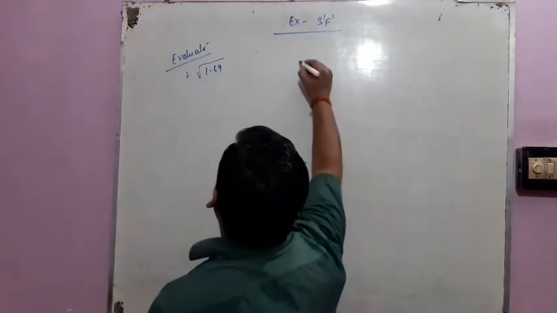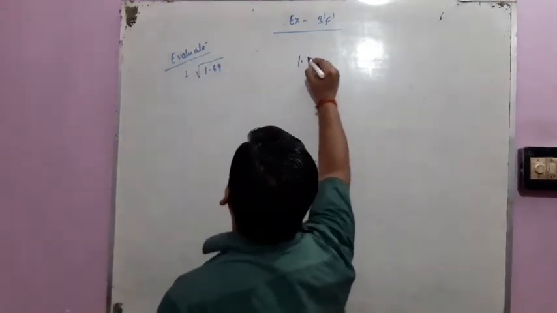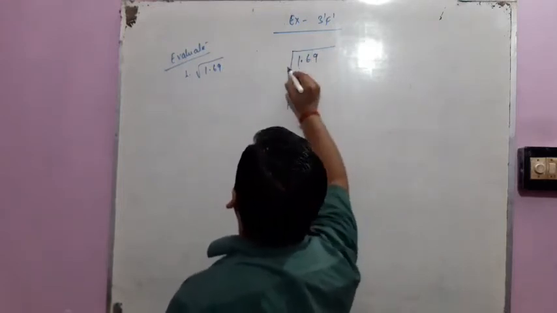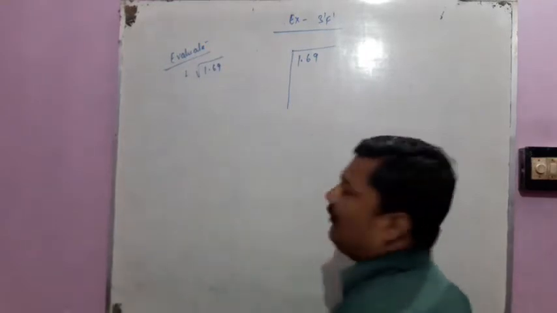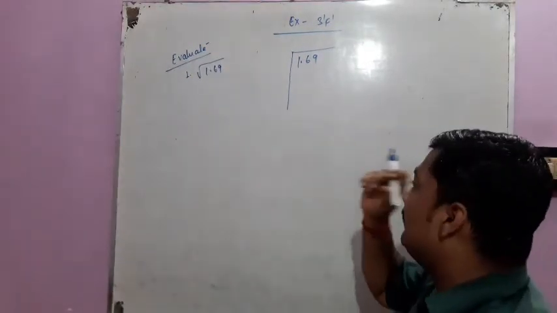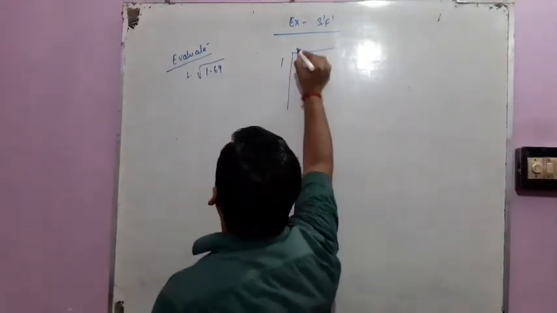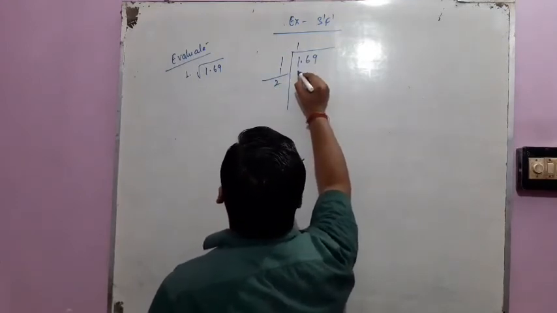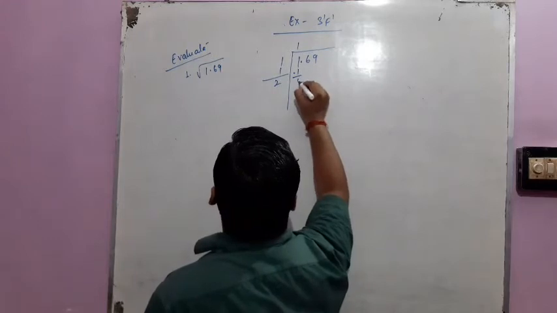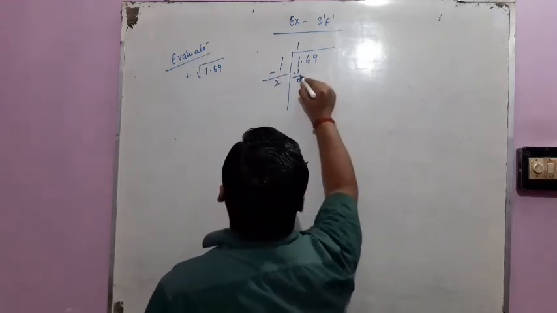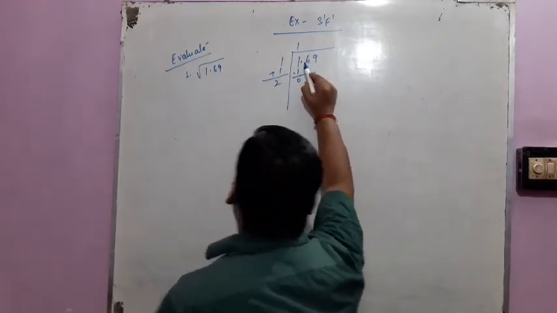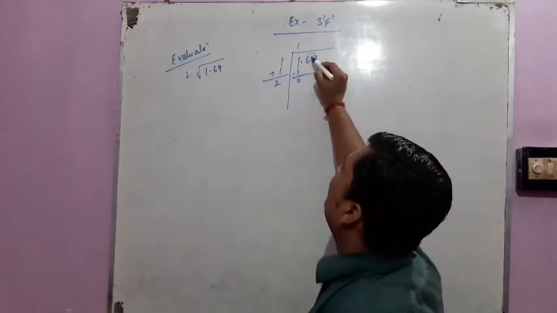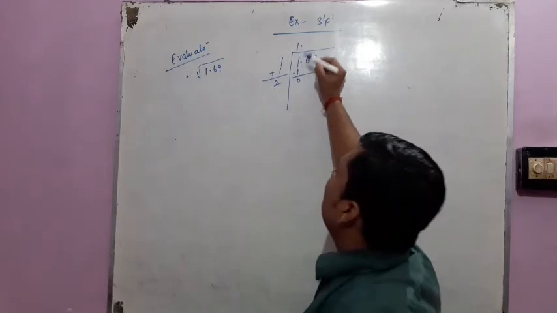1.69. Now we have to factorize the 1.69. In our mind, we have to think: the square of which number is closest to 1? Of course, 1. So we have to write 1 at 3 places. 1, 1, 2. 1 times 1 is 1. Here we have to add. Now, what do we take from here? Whenever we are taking the digits after the decimal, we have to mark a decimal here.